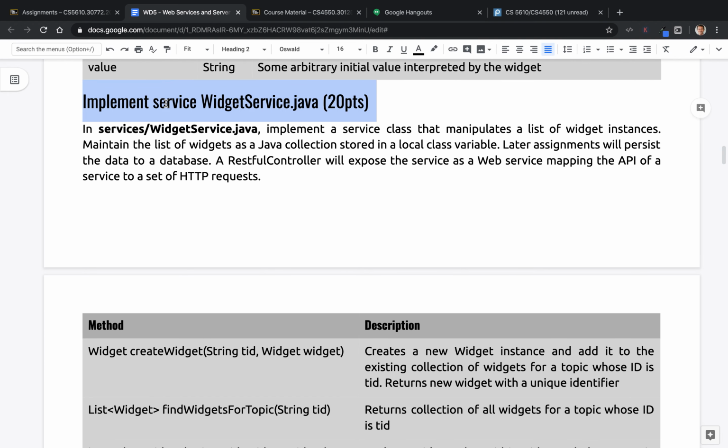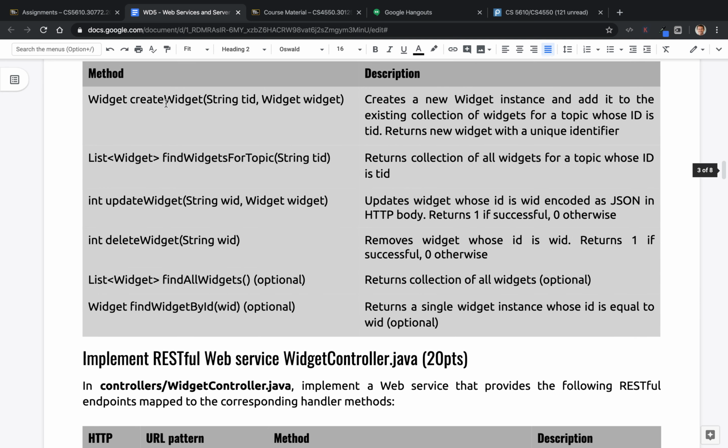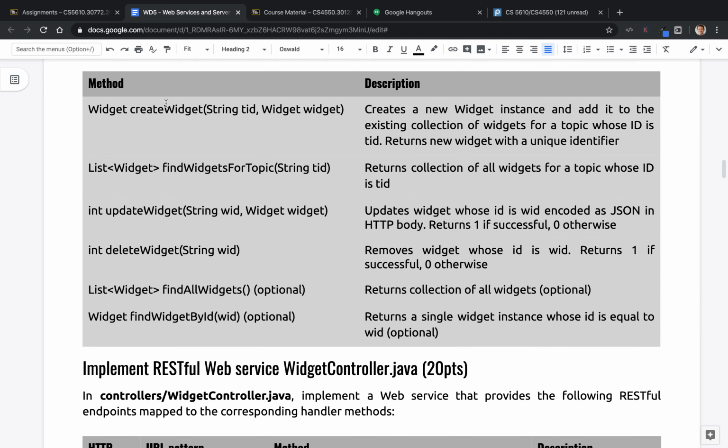We'll then implement a widget service.java, whose responsibility is to manipulate the data model, to add a widget, remove a widget, update a widget, find all the widgets that are available, which right now are going to be just stored in a local array. Next week it'll use MySQL to interact with the relational database. But for now, we'll provide an API that will allow you to create widgets, find widgets, update widgets, delete widgets on the server,